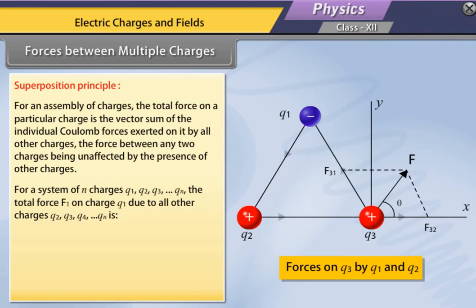For a system of n charges Q1, Q2, Q3, and so on till Qn, the total force F1 on charge Q1 due to all other charges Q2, Q3, Q4, and so on till Qn is F1 = F12 + F13 + F14 and so on till F1n. This equation can be written as